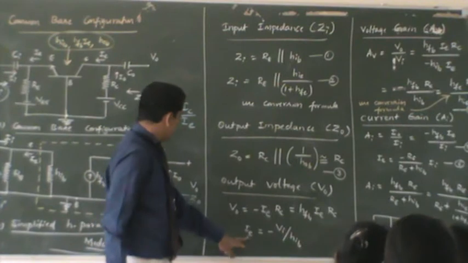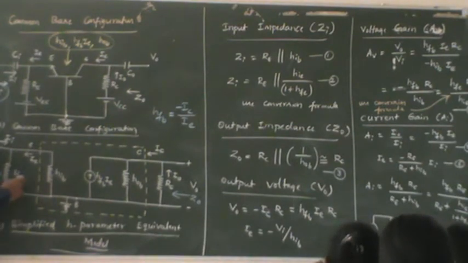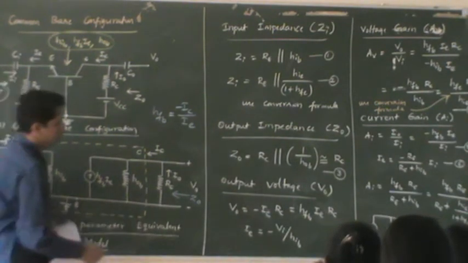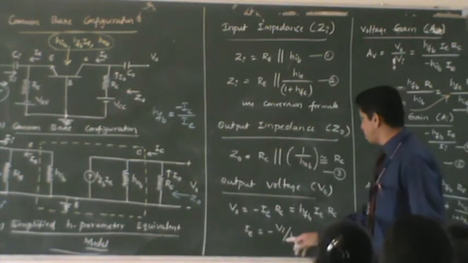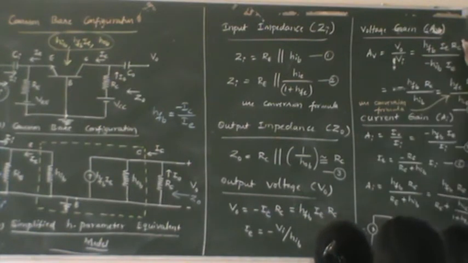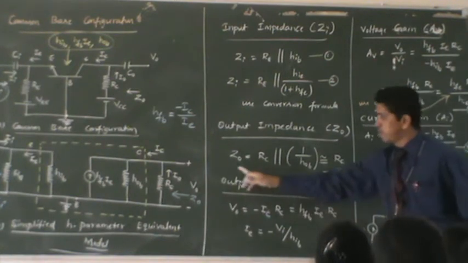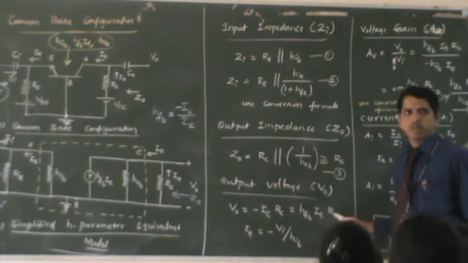Also IE, the emitter current which is flowing here, can be written as minus VA divided by this particular HIB, that's what the emitter current is. If you substitute here, you can simplify this V naught also, which we have done here. You can see it in the voltage gain formula we have done. So let us start, because in the derivation of voltage gain I am making use of this output voltage expression.